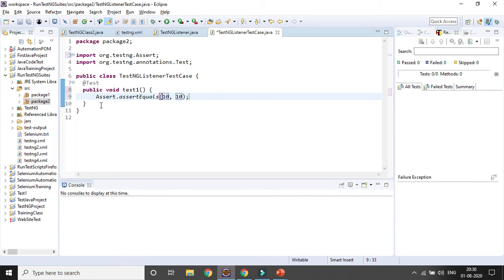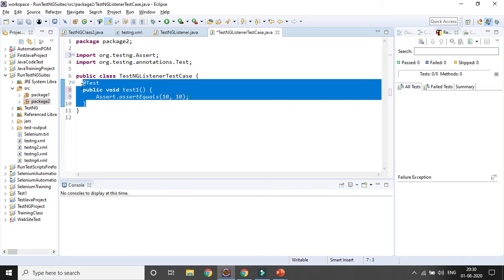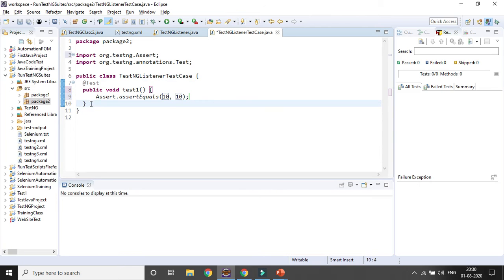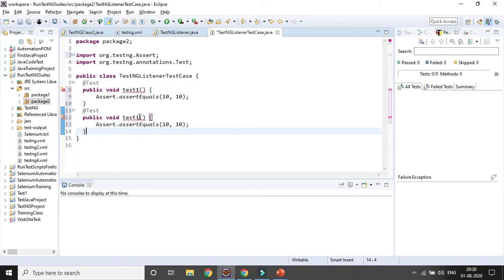Another method I will be creating where it will fail: I am giving the method name as test2 and it will fail, it is not matching. So two methods I have created.